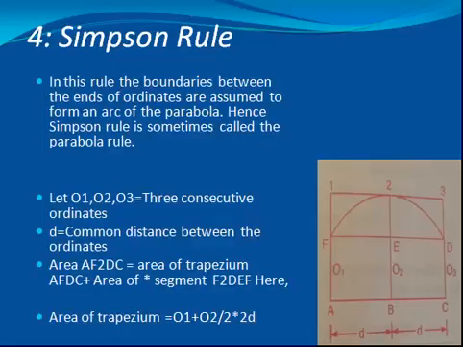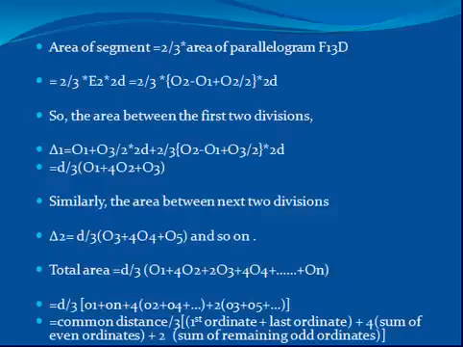We know the area of trapezium is equal to O1 plus O3 divided by 2 into 2 times, or AF into CD divided by 2 into 2D, and the area of segment is equal to 2 by 3 into area of parallelogram F1 3D. So which on simplification becomes 2 by 3 into O2 minus O1 plus O3 divided by 2 into 2D,